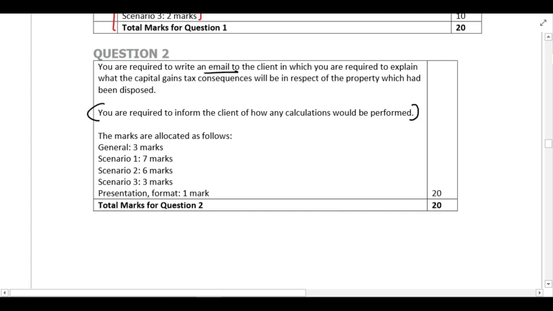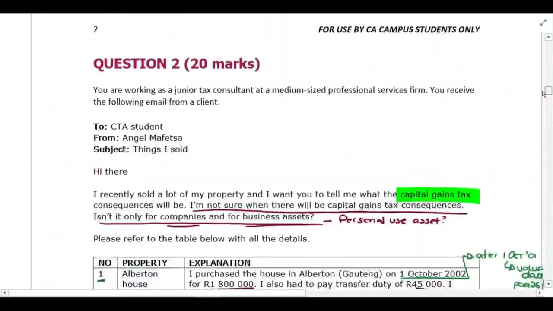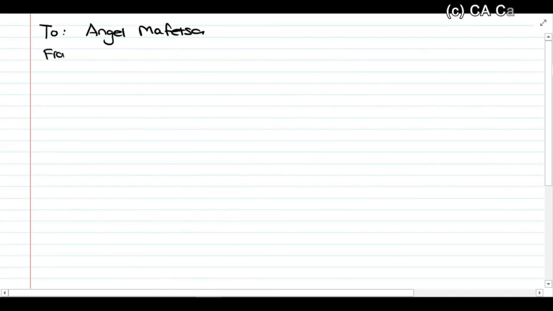Okay, so you have to write an email. So guys, all that means is you just have to show them the format. So in this case, the client was called Angel, I think. Angel Mafetsa. Make sure that you get the client name correct. I know it sounds silly, but that's something that they actually pay attention to, especially when you're writing your exams. From: CTA student,